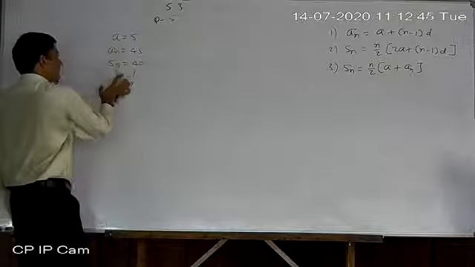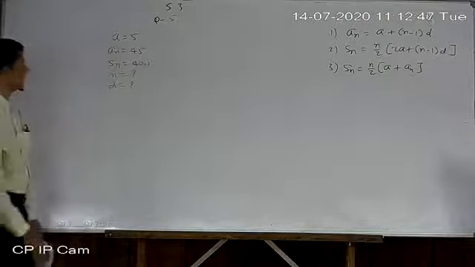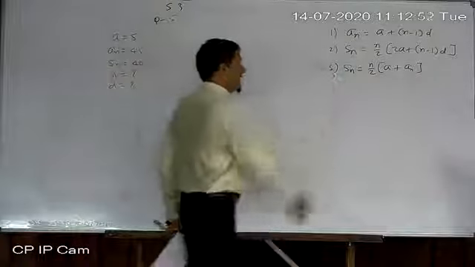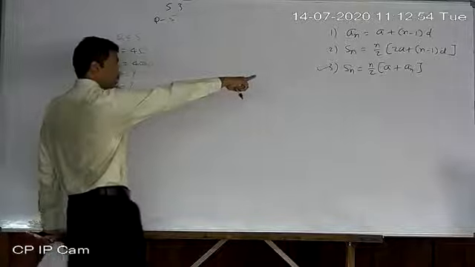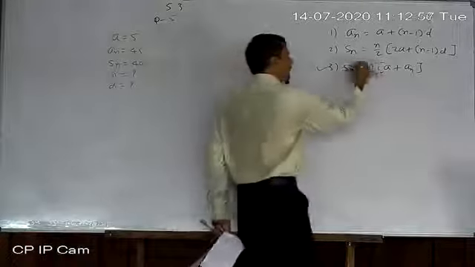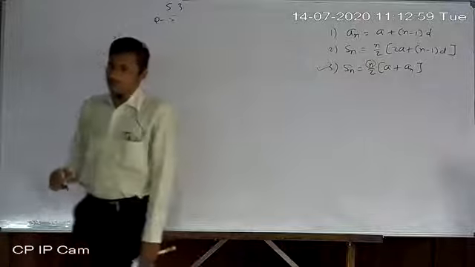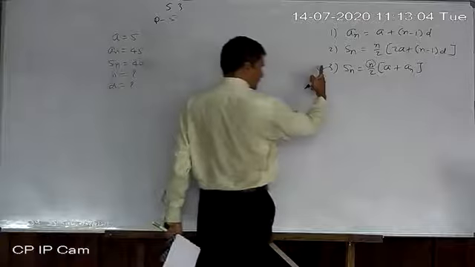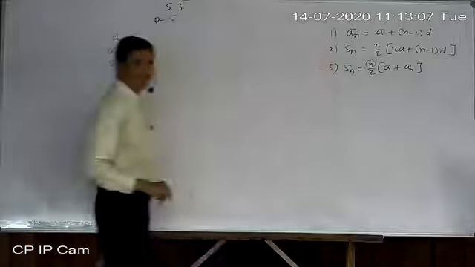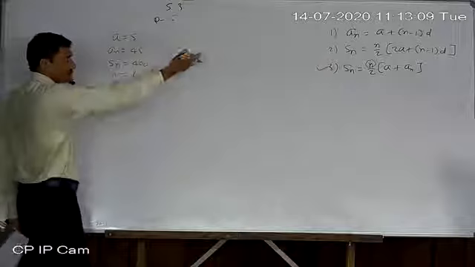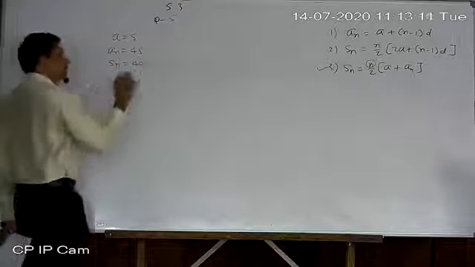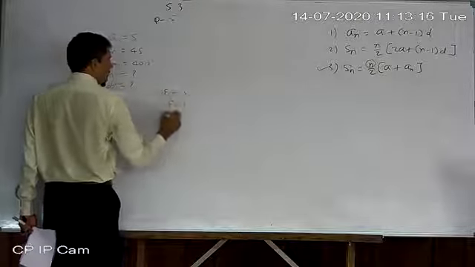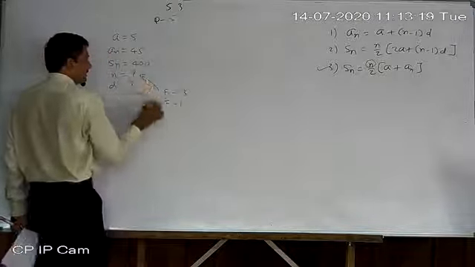After preparing this list, you can see which one is applicable first of all. Look here, the third one is applicable. Why? Sn given, A given, An also given, except n everything is given. So you can find n. Then with the third equation done, use the first or second, any one, but the first one is quite simple. So first formula number 3 and then formula number 1. Both answers you can get.